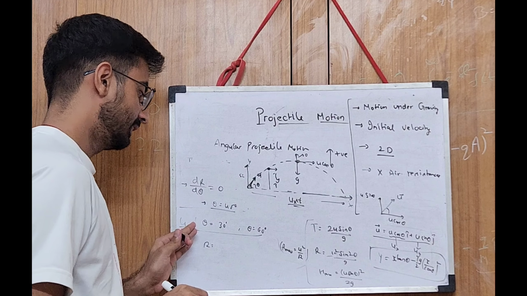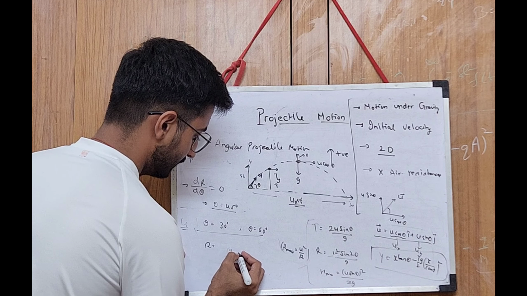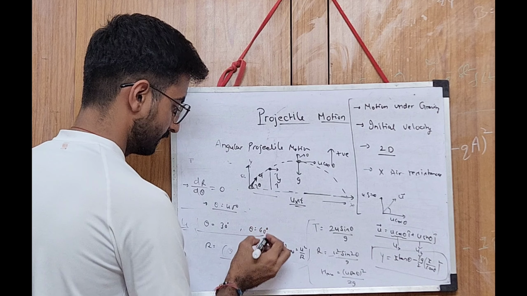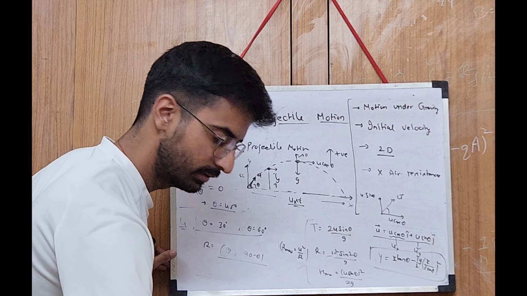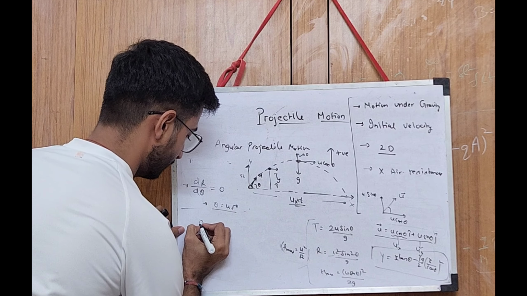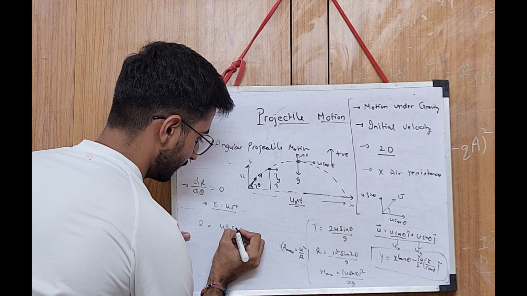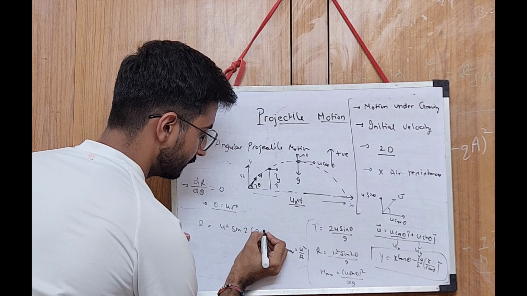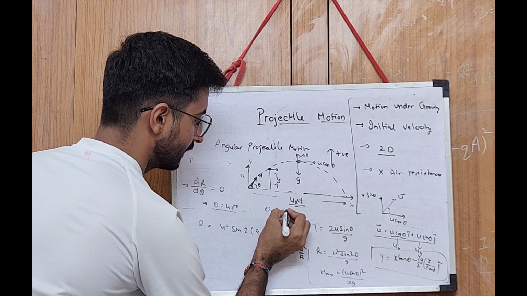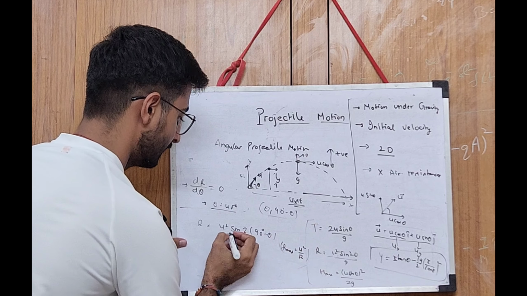So for theta and 90 minus theta we will get the same range. We can check here by putting into the formula. R is u square sin 2 theta upon g. If I put 90 minus theta here, theta and 90 minus theta will have the same R value. So if you put